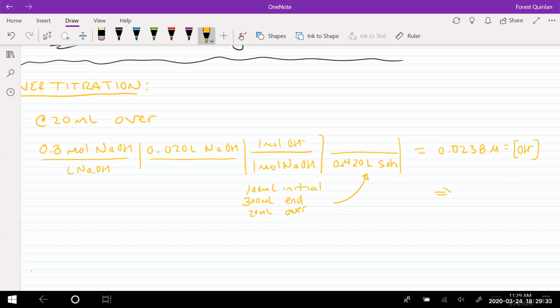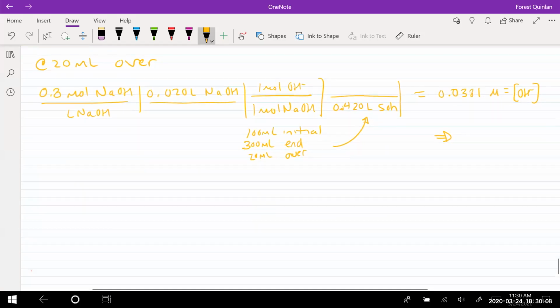Which means at the end of all that, I don't have to do all this for you. What's the pH at that? Oh, you said 0.0381, not 0.0281, sorry. And what's the pH on that then? Probably got to be in the 12s. It's 12.58. 12.58. Now, at 40 mils,